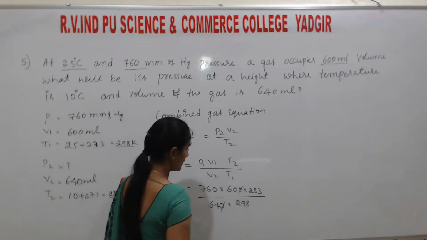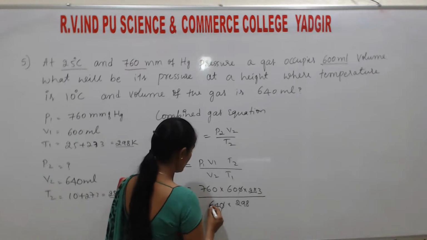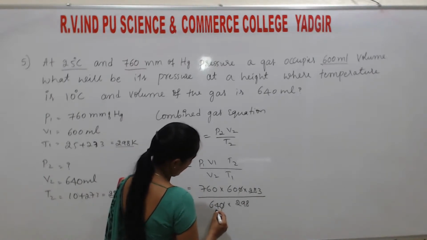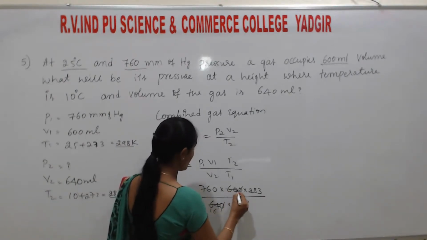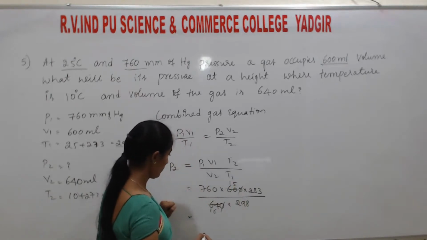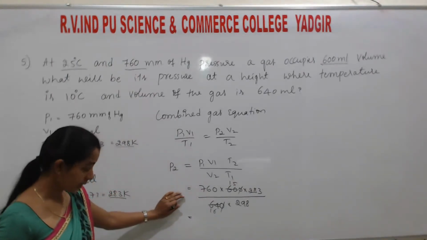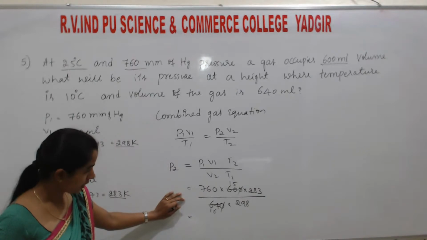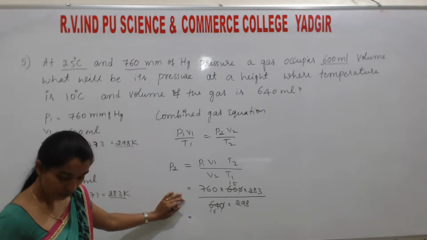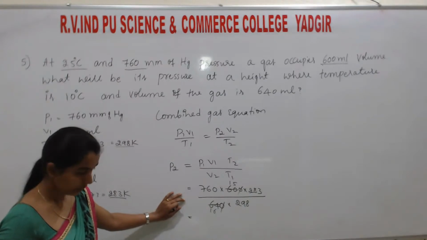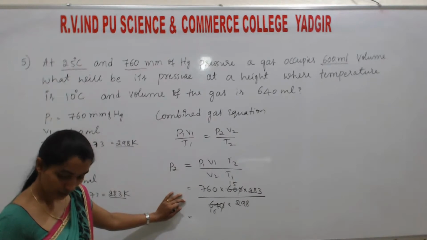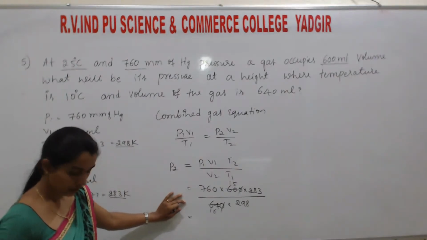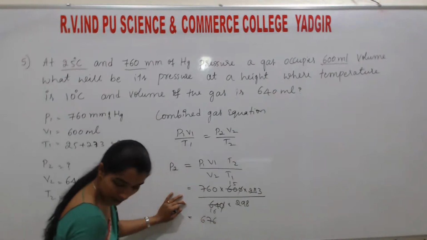These zeros get cancelled. 4 ones are 4, 6 are. 4 ones are 4, 5s are. If you divide these, the above value becomes 760 into 15 into 283 divided by 298 divided by 16. You'll get 676.6